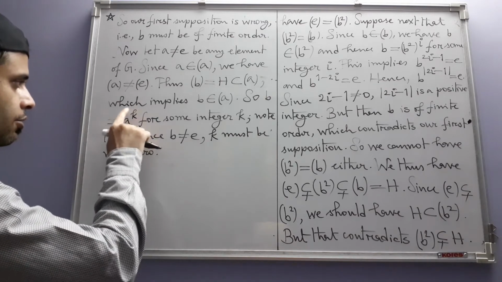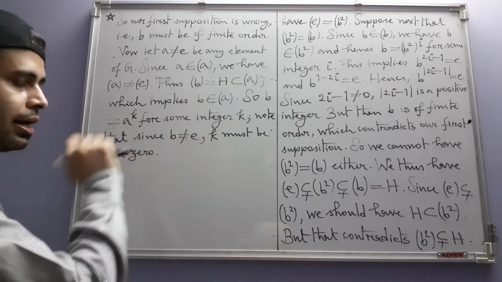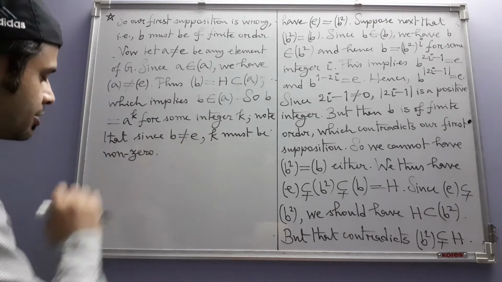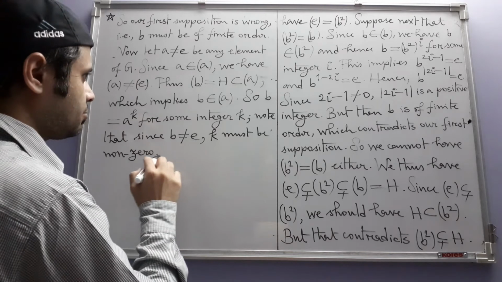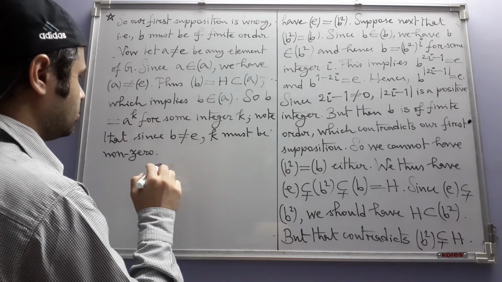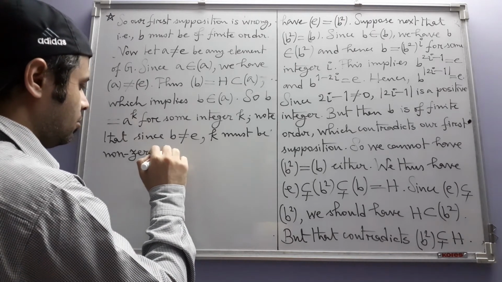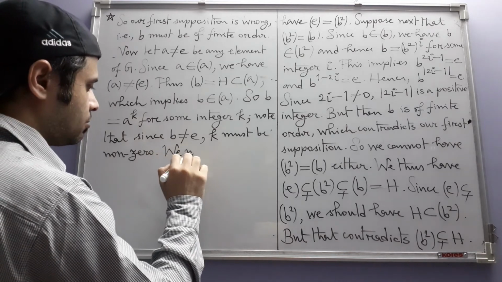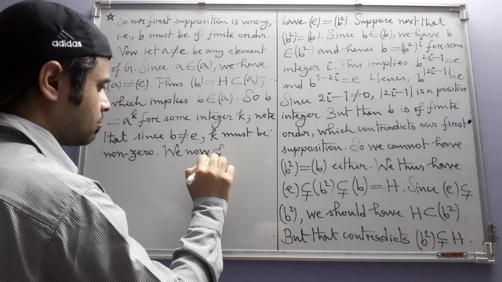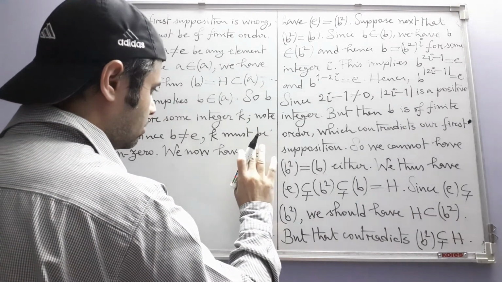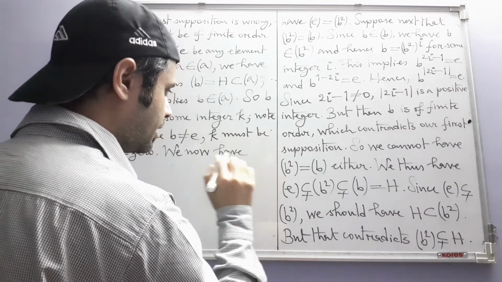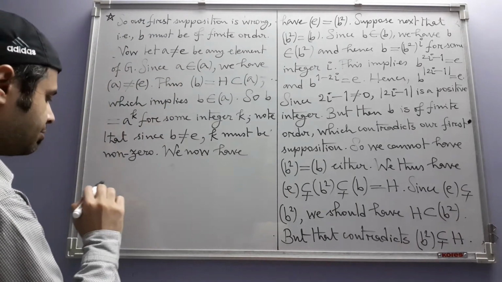Otherwise, if K is 0, by definition A to the power 0 will be identity, contradicting this choice of B. Okay, so now K is non-zero. We now have, let me write like this: